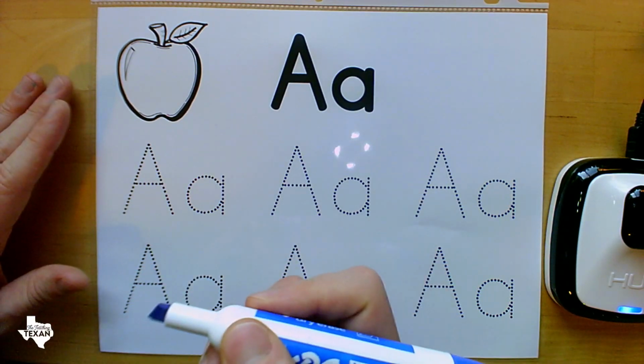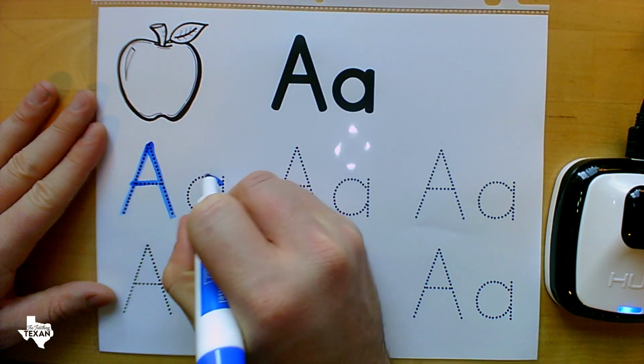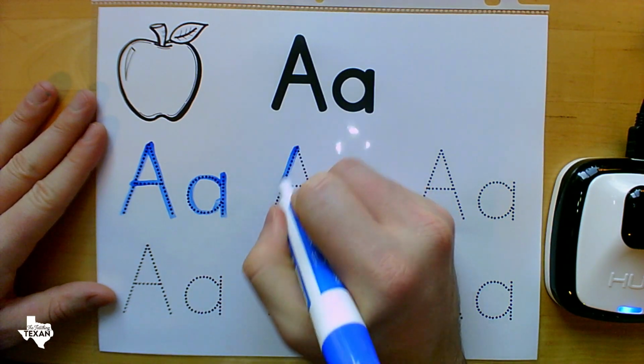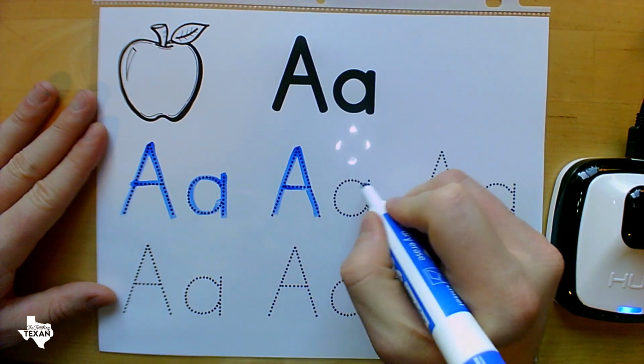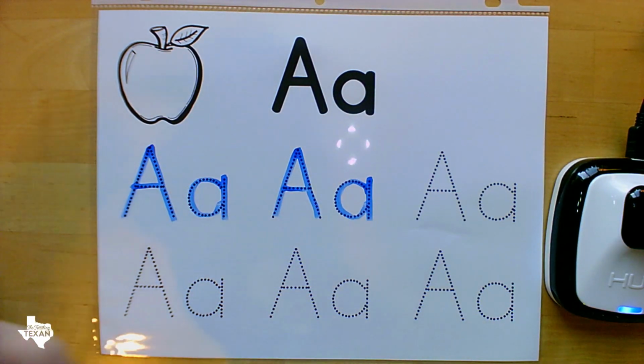And so we are going to practice that great letter formation, saying the letter A. A, A, A. Again, students love being able to use dry erase markers or tools that maybe are reserved for things like